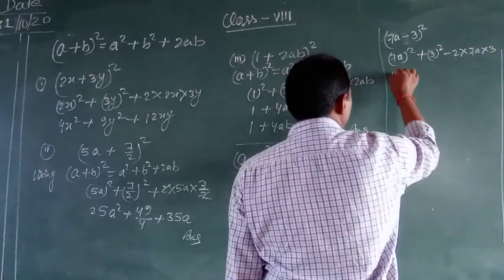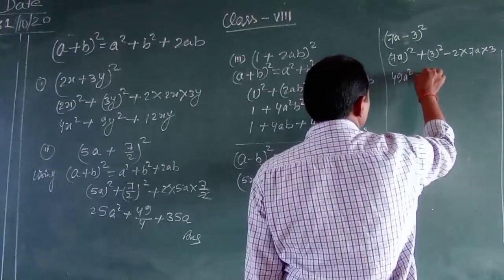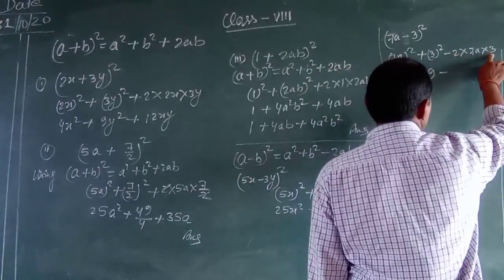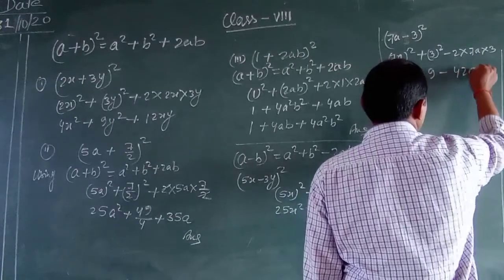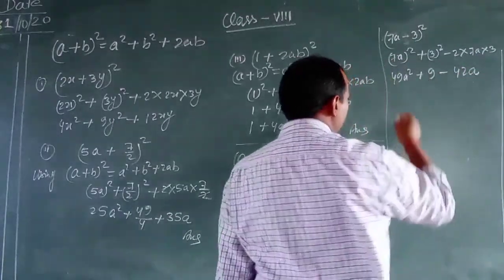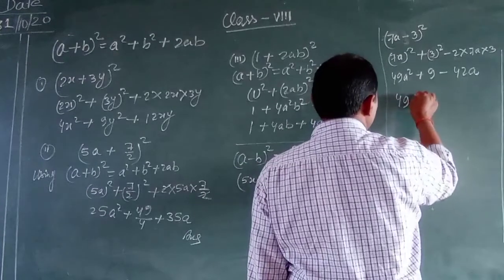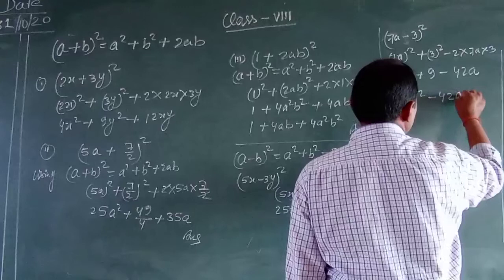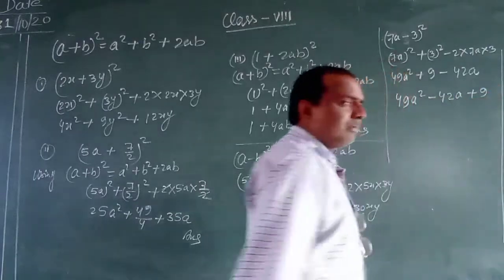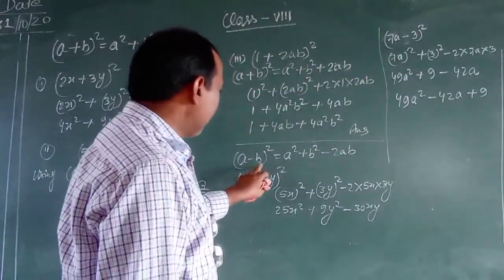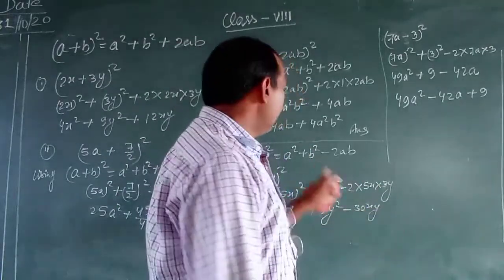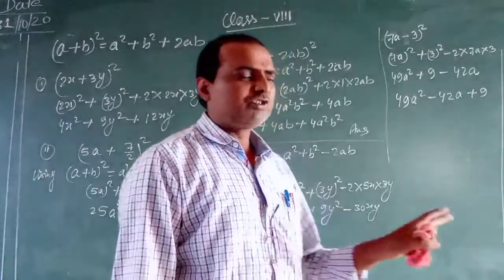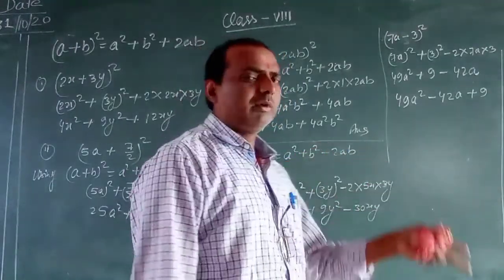So here 7 square 49a square, 3 square 9, minus 2 3s are 6, 7 are 42. Again, it can be written 49a square minus 42a plus 9. इस तरह से हम जो है (a minus b) का होल स्क्वायर यानी a स्क्वायर प्लस b स्क्वायर माइनस 2ab को यूज करके एप्लीकेशंस को सॉल्व कर सकते हैं।